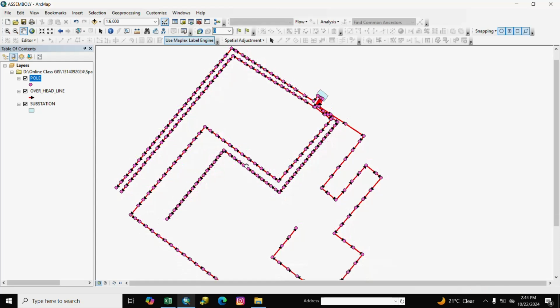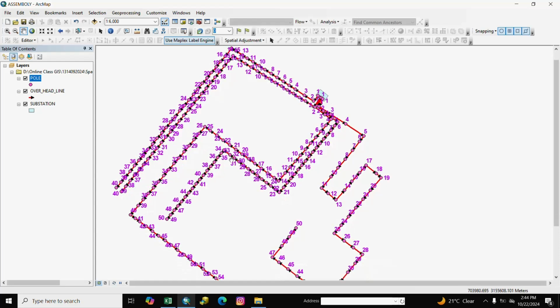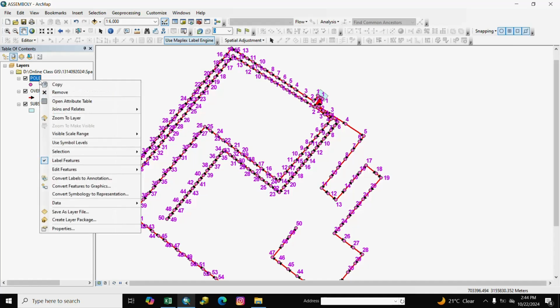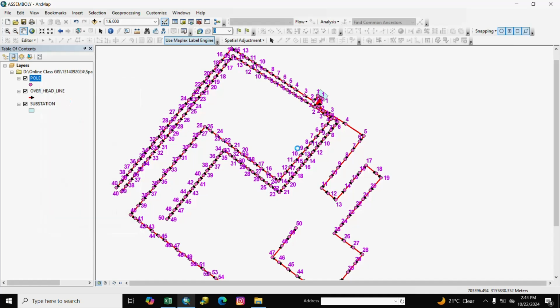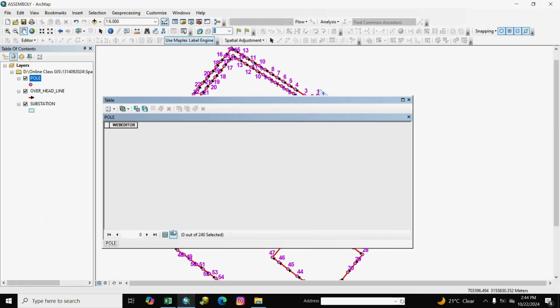So first we check DTR pole. So we go to pole attribute, and we search here DTR pole. Here is our DTR pole.